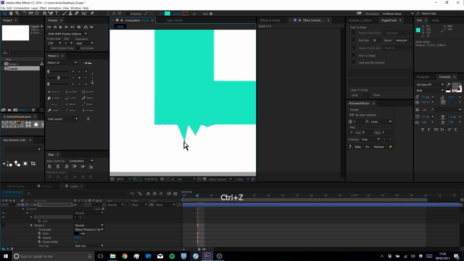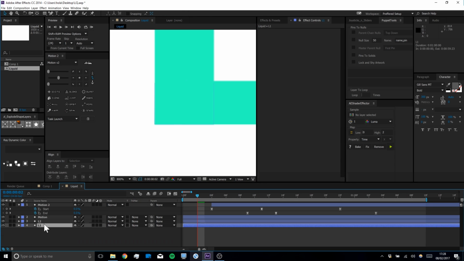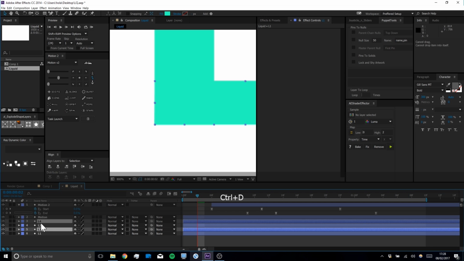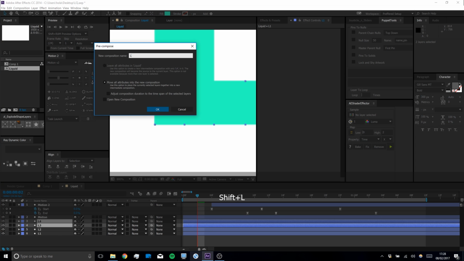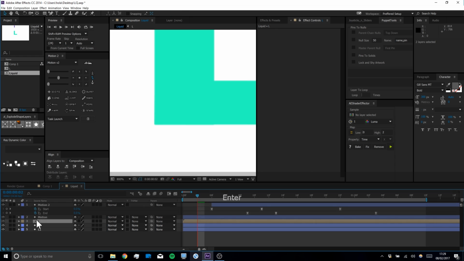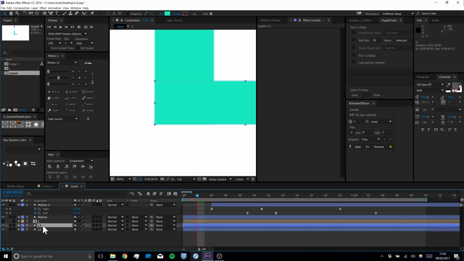No, sorry, I'm getting ahead of the game here. Before we do that, we're going to quickly duplicate both of these. We're going to pre-compose it and just call it L. So what this is going to be is our... I can't think of my words today. We're going to use this to mask off any overlapping shapes that we'll eventually end with from doing this part